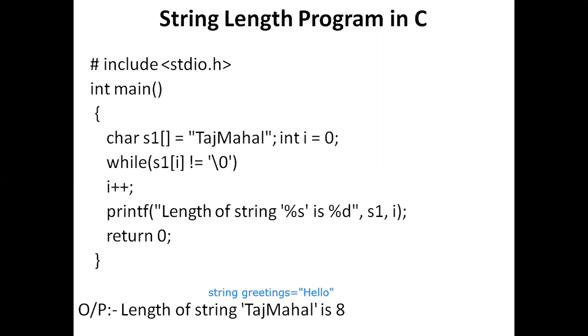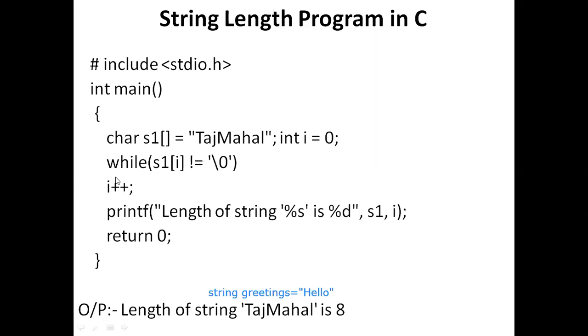So now I will start from the first element in the array, and I will end the counting when I encounter \0, because every string ends with \0. So I should count the characters before \0. How many characters are there before \0? If I count that, I will get the length of the string.